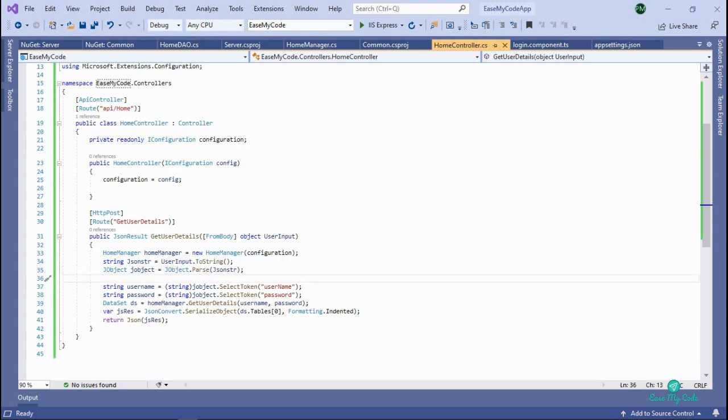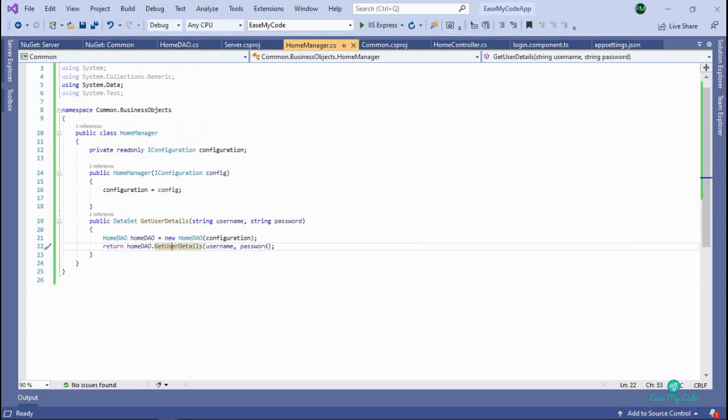Coming back to our get user details method, you can see here I'm creating the object of our home manager class, and the object user input I am converting into a JSON string and then fetching the subsequent values of username and password. I am passing this username and password to the get user details of the home manager class. So coming to the home manager class,